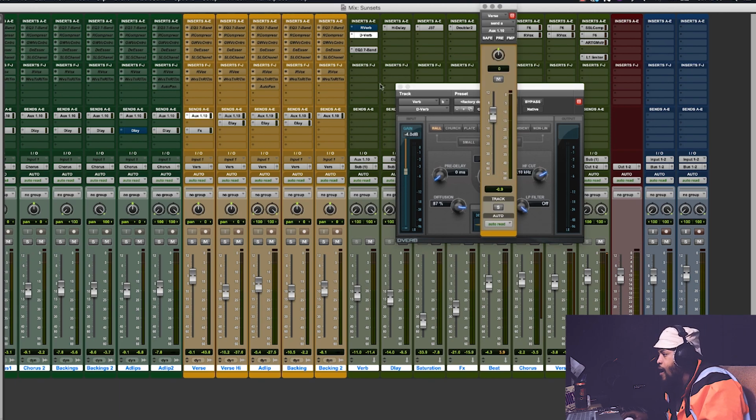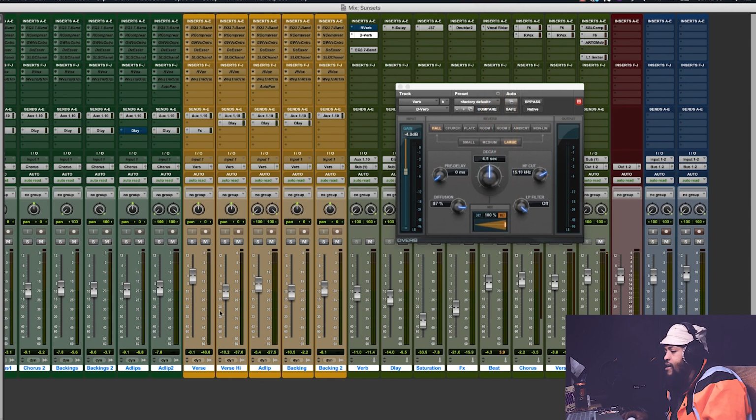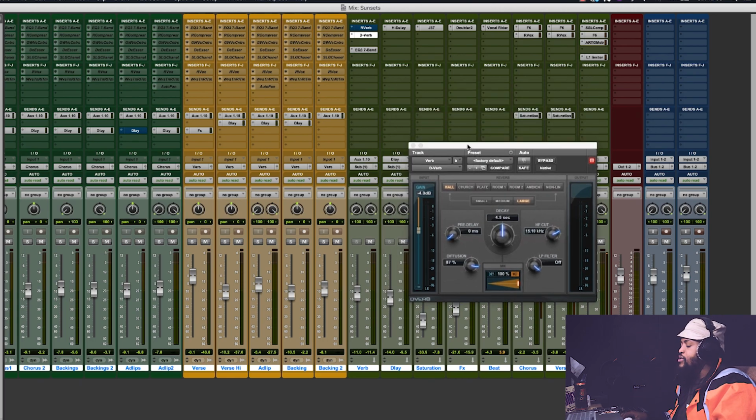And one thing you have to make sure of is that you're sending it post, so that when you play around with the level, you're playing around with how much is going into your reverb. Right, so without any,